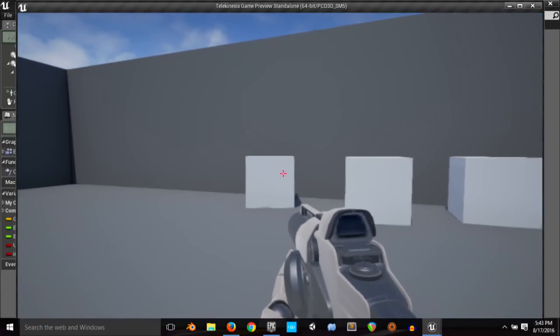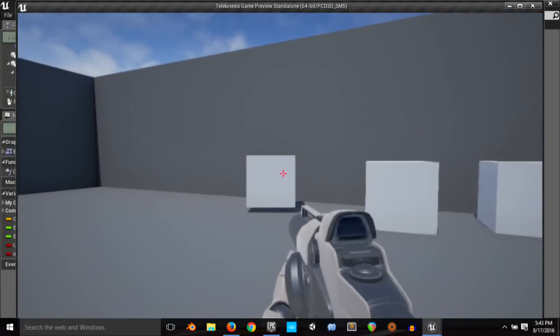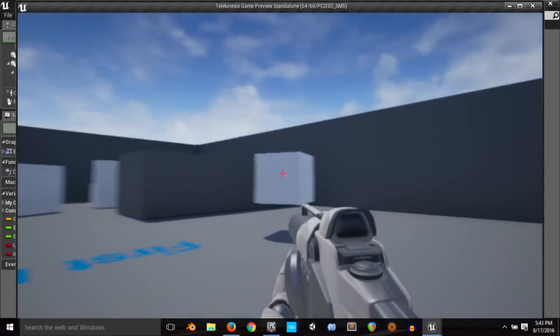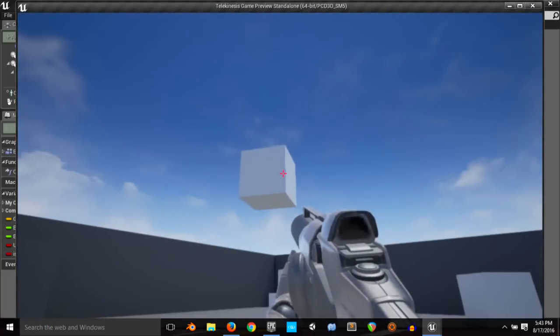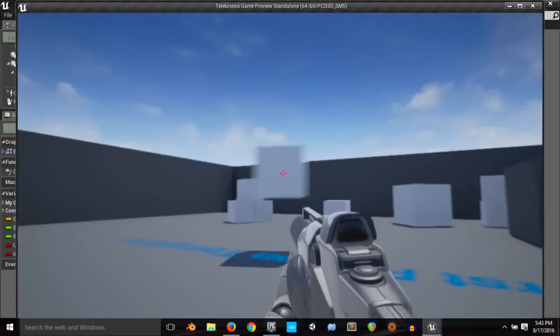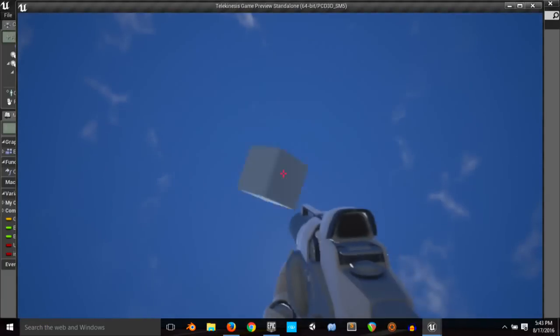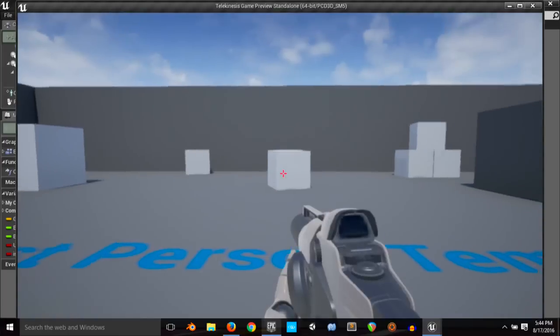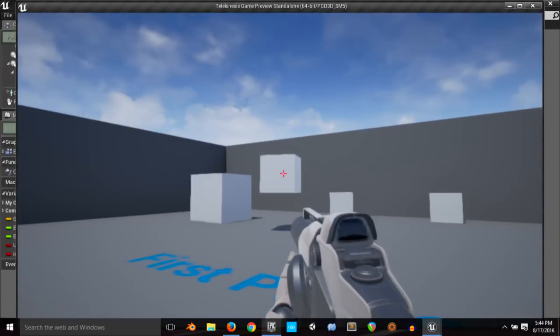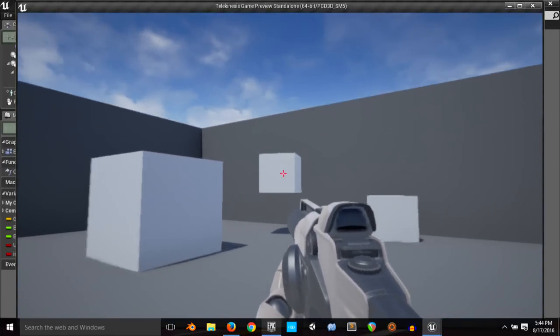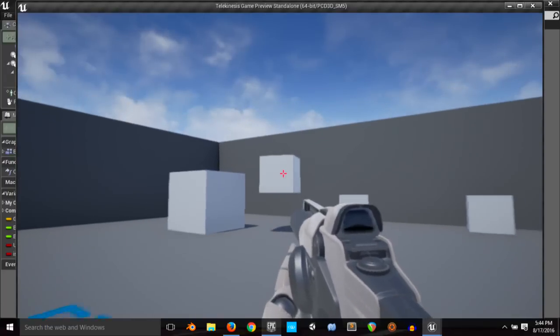So yeah, it'll adjust wherever we pick it up. Our location for the physics handle will be updated there so that it looks like you're lifting it from the spot you got it. And if you lift something, it also moves with your walking, since it's just staying relative to